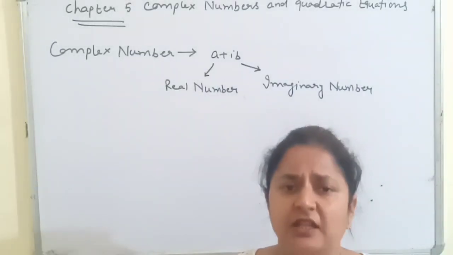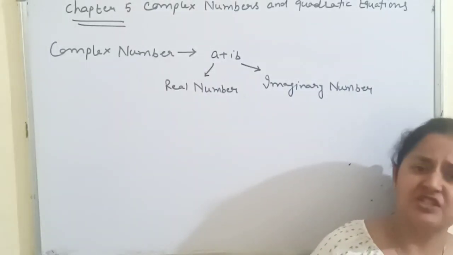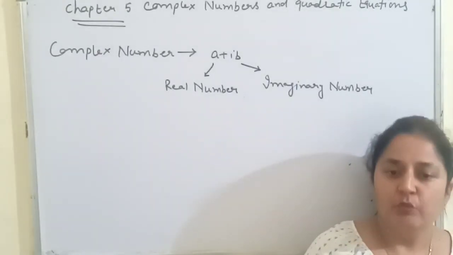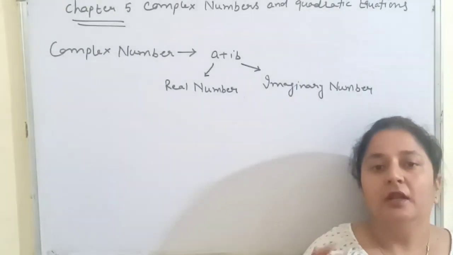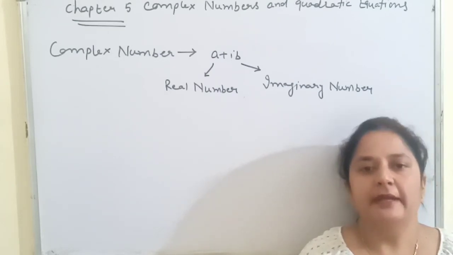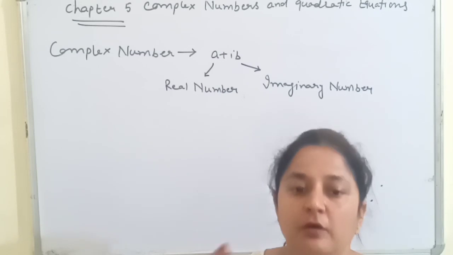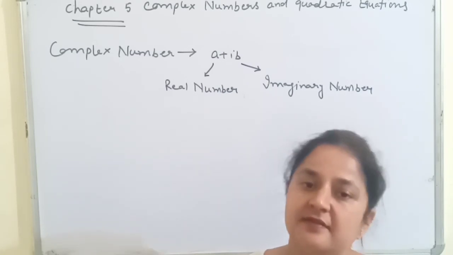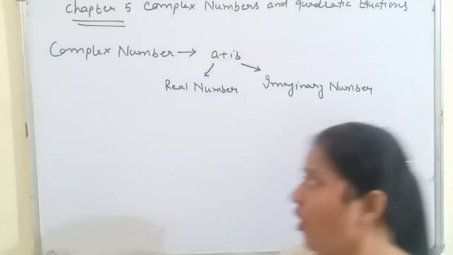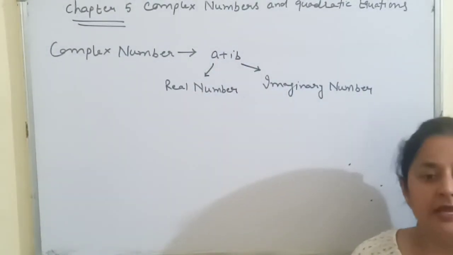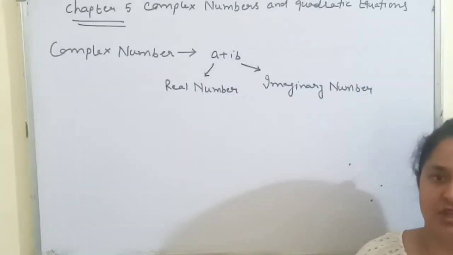Real numbers are the collection of the rational and irrational numbers, and in rational numbers we have different types of numbers. We have prime numbers, terminating numbers, non-terminating numbers, natural numbers, even numbers, whole numbers, integers; they all are part of the real numbers. Real numbers are the collection of all rational plus irrational numbers.